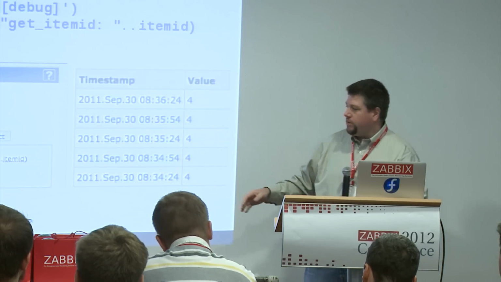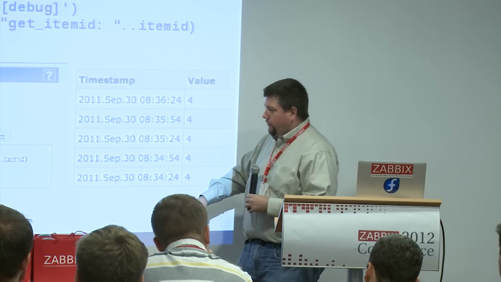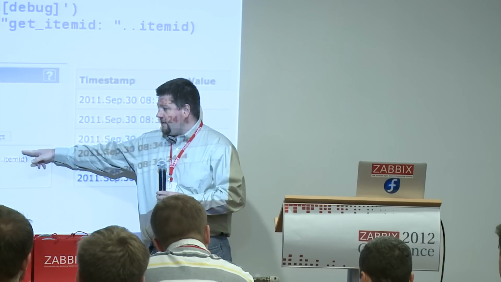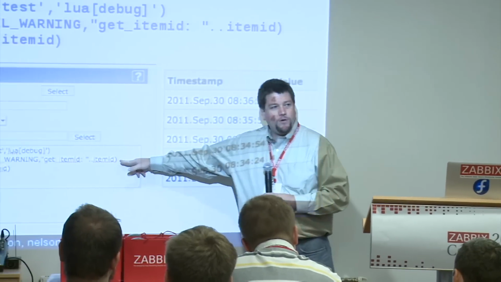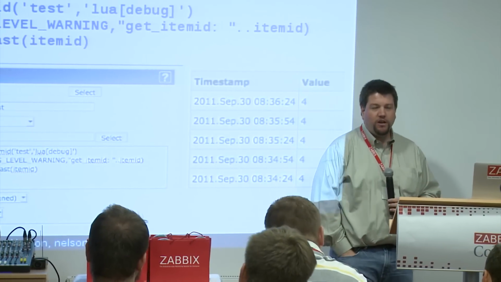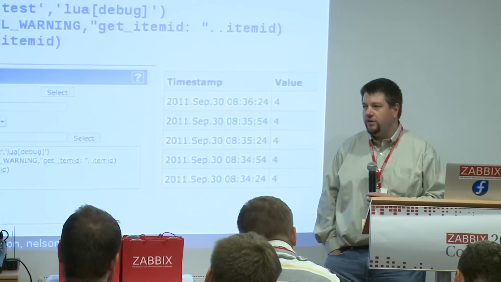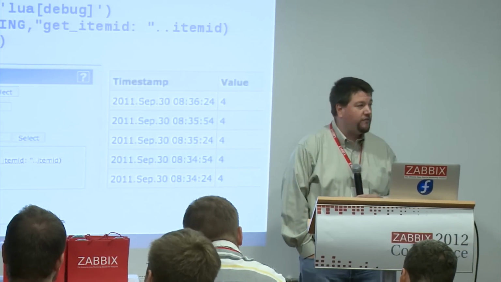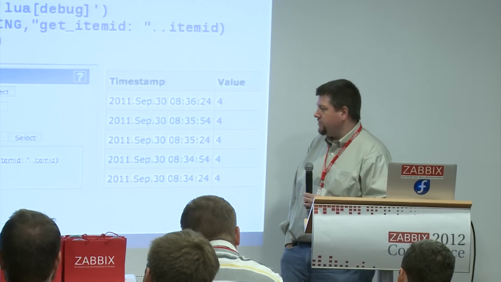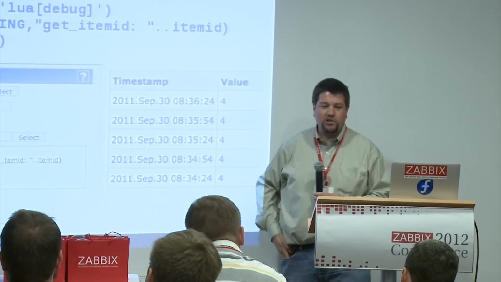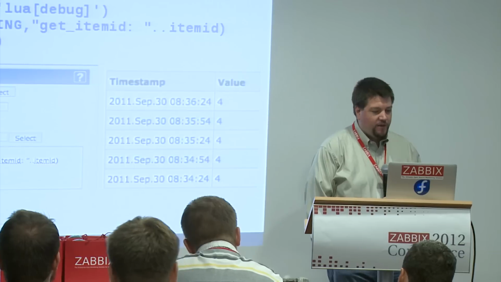So as we say here, we've basically written a little script that pulls an item from the database. We actually also output something to the log file because it also understands how to output to the Zabbix server's log file. And we basically post a message into the log file. We pull the current clock. We do some,